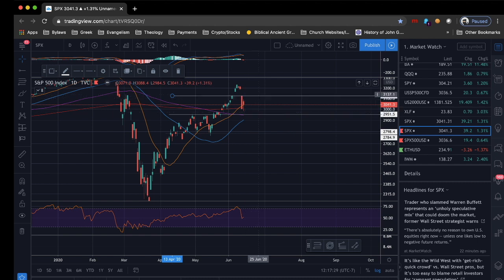Now, if we break out of this area, again, this top sort of resistance area, it doesn't mean that we are going to continue our rally up. We will still have to contend with this island that is here at the top. But take note that if we do get across this first resistance on the way up, we're going to want to fill that gap. That always becomes a solid trade that I try to take advantage of most of the time.